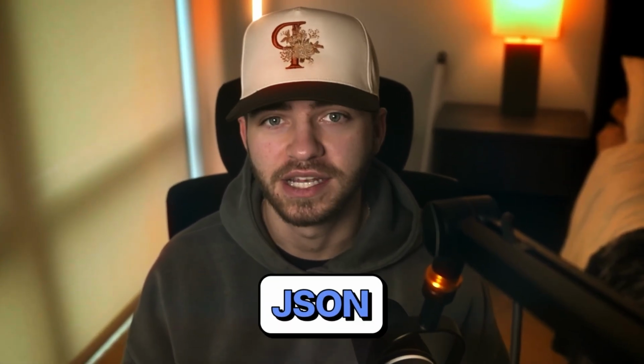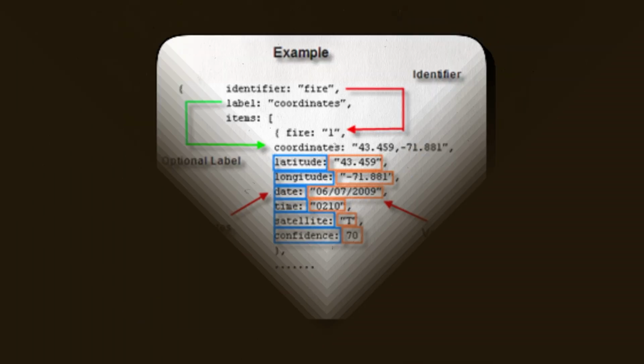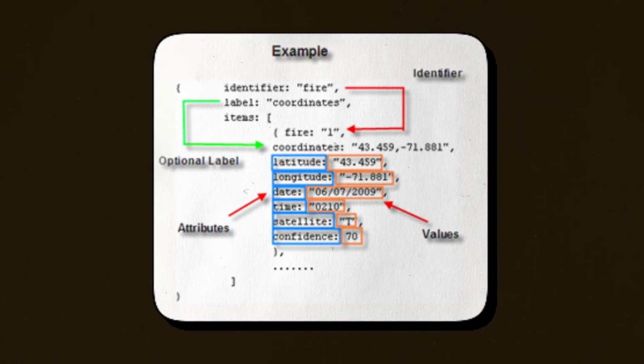You can ask any of these AI models to respond in whatever structure you want. Text, bullet points, tables, even code if you want. But the most useful format we've found for automation so far has been JSON. It's just a clean, structured way to organize your data that looks like this. And we use it all the time at Friday Labs.